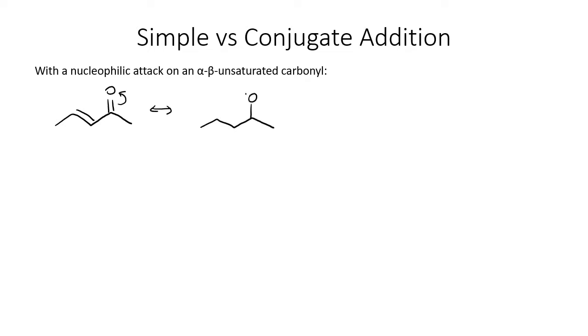Once the pi bond moves up onto the oxygen, we end up with our first resonance structure. Now we've created a resonance structure that has an allylic carbocation. So the electrons will come over towards the positive charge, and we will create our third resonance structure. Now if we consider the hybrid resonance structure,